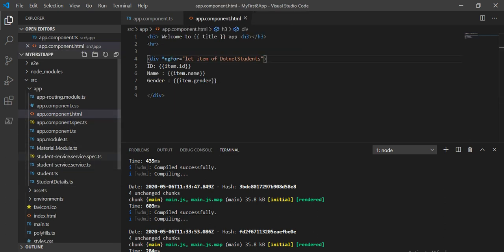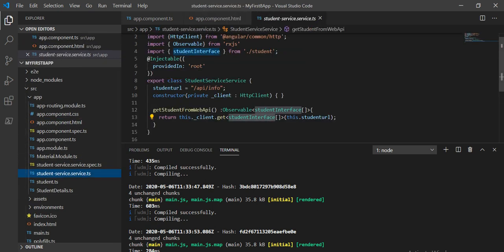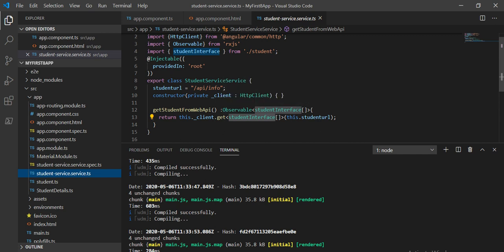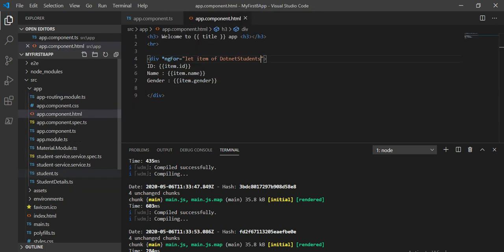After that we created the service, and in this service we take one observable whose type is the student interface, and we assign a student URL, and through this student URL we take data into the app.component.html. So we are going to manipulate this example with our requirement, using the async pipe. Please watch the previous tutorial to proceed with this, to see how we create this web API in Angular 8.